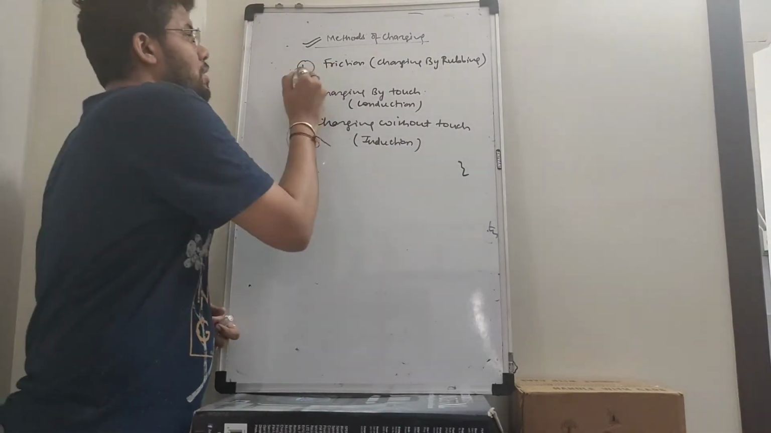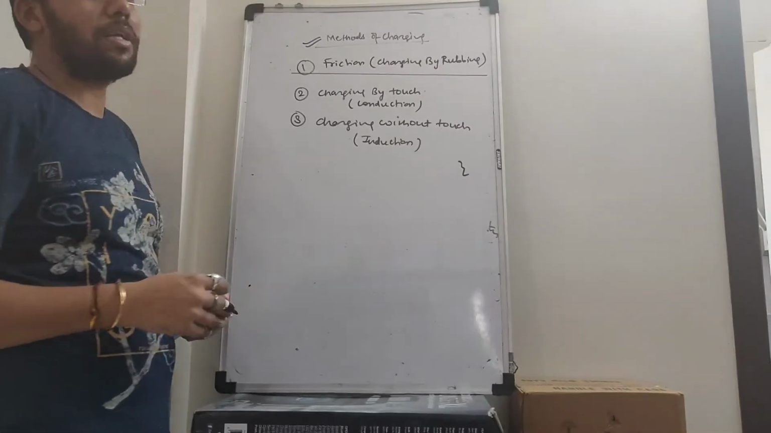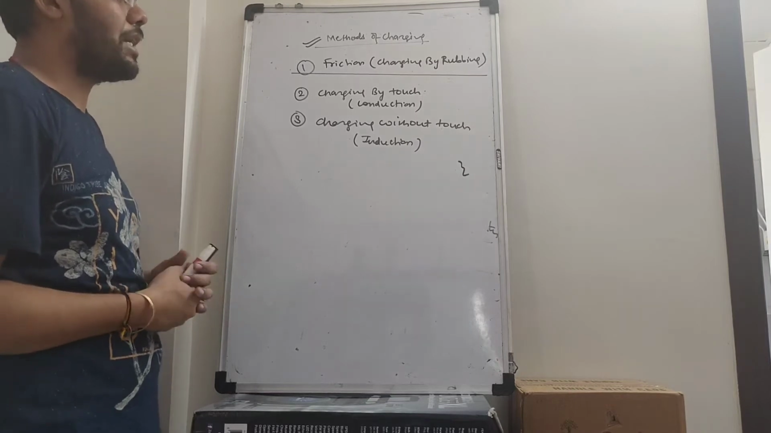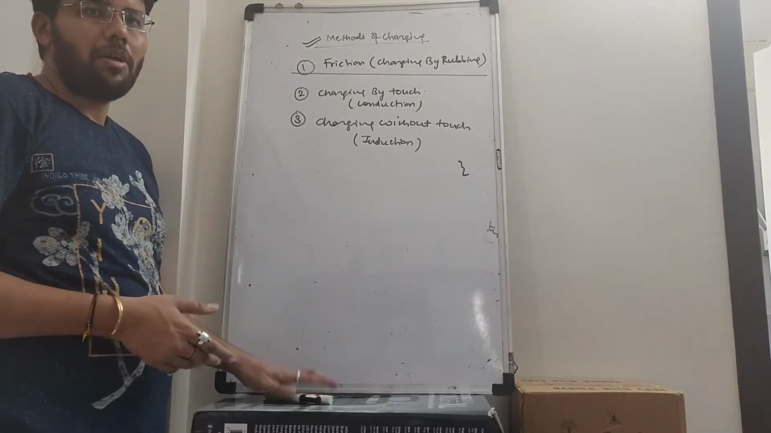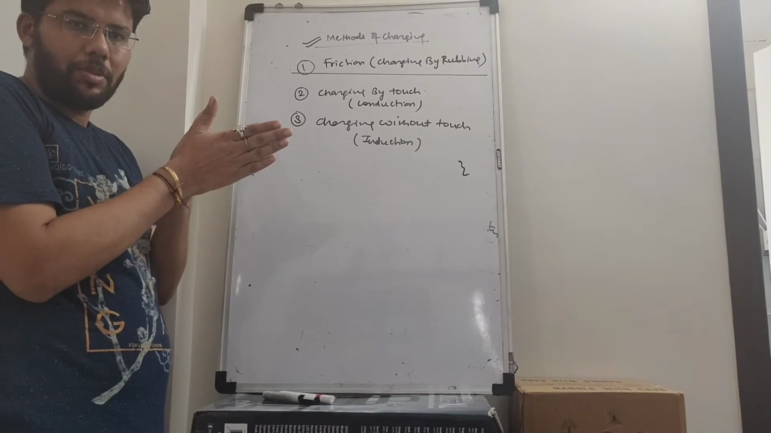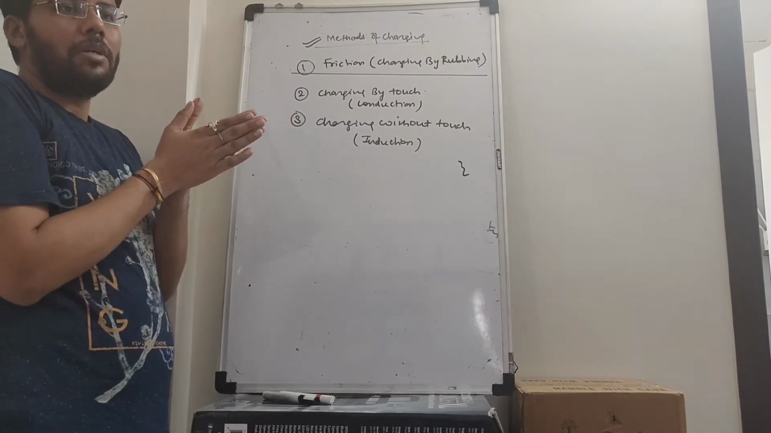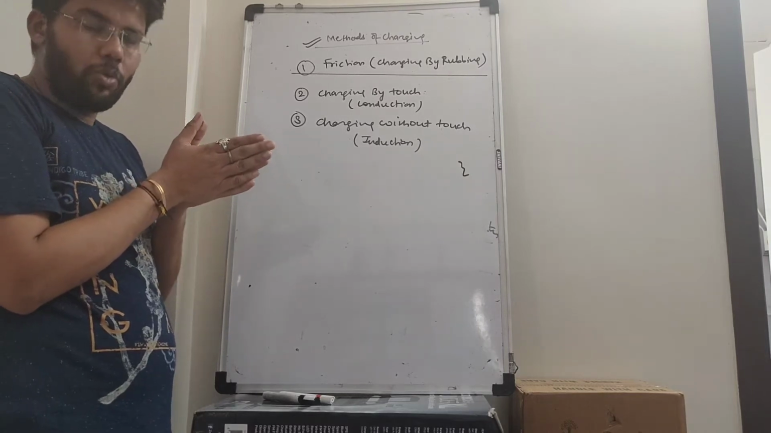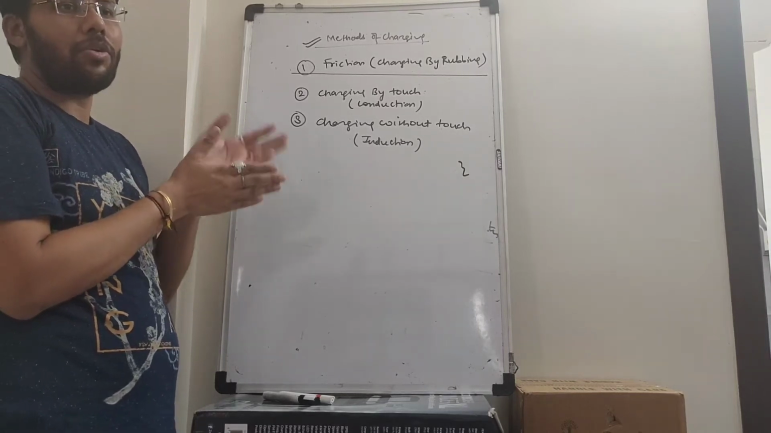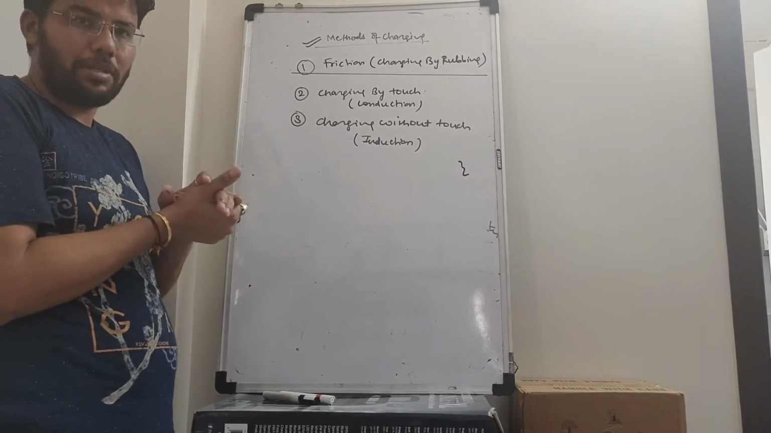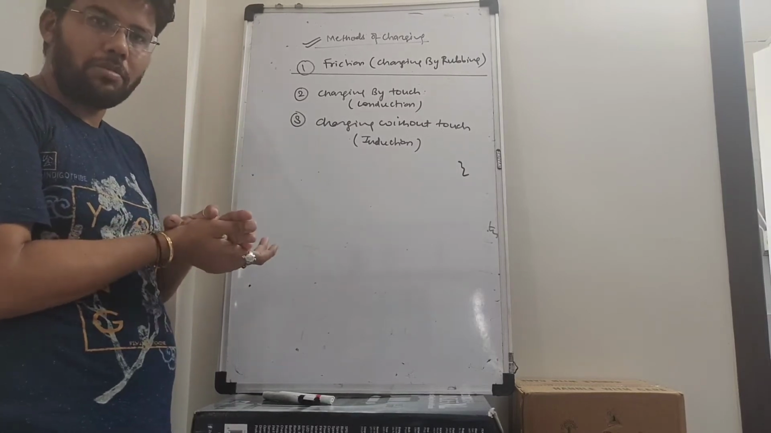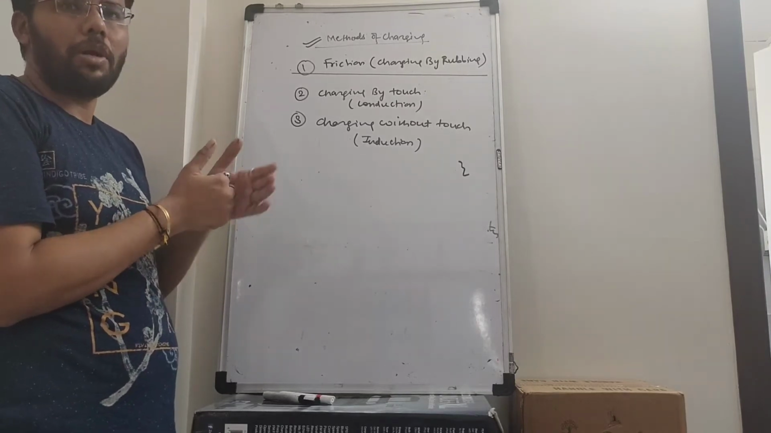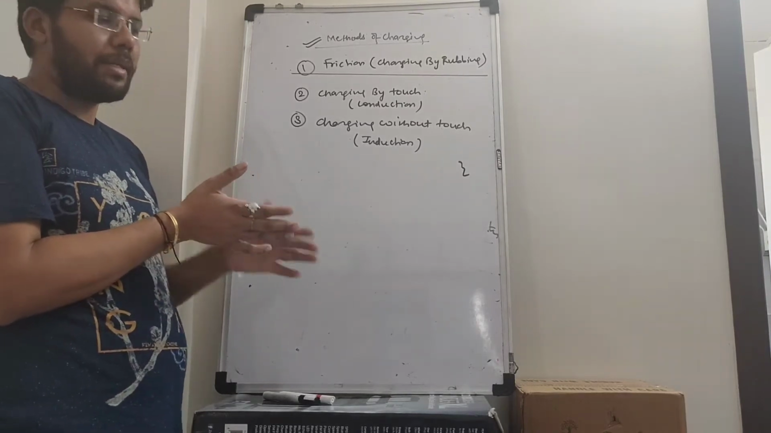Now first, the charging by friction or charging by rubbing, that is one of the oldest or simplest methods of charging. In this method, when you rub two objects with each other, what will happen? The object which has loosely bound electrons loses its electrons, and those electrons are gained by another object. Now the body that loses electrons makes itself positive, and the body which gains the electrons makes itself